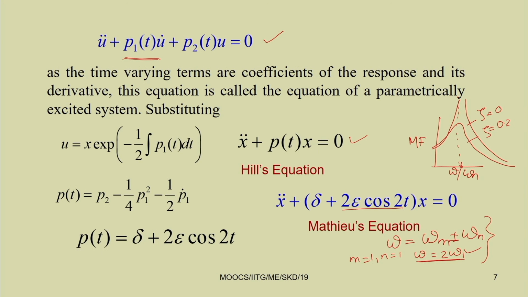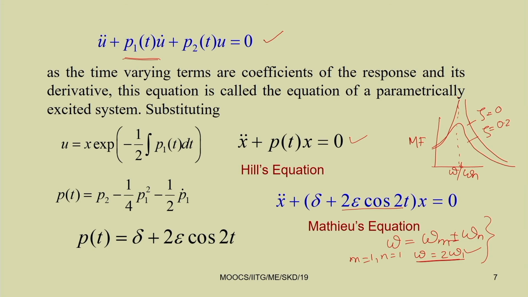So three different types of resonance conditions you have observed here. One is the principal parametric resonance condition, the second is the combination parametric resonance condition of sum type, and the third is the combination parametric resonance of difference type. All those resonance conditions we will see in the next classes.